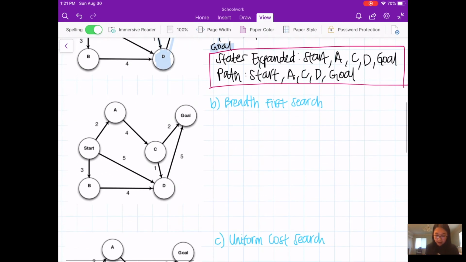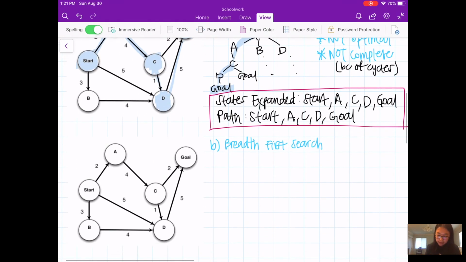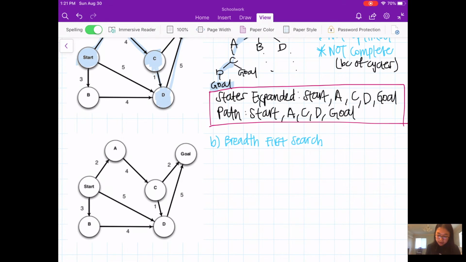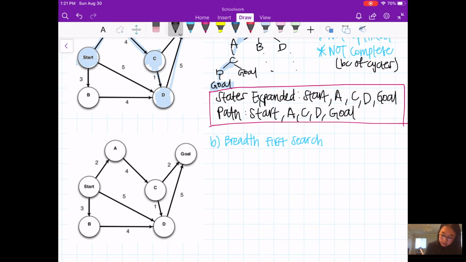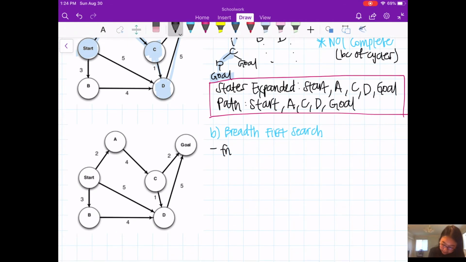Okay, so now we are going to switch to talking about breadth first search, and something that I want to reiterate is that you don't need to take edge weights into account for this type of search yet. But one difference with breadth first search is that your fringe is going to be a queue instead.